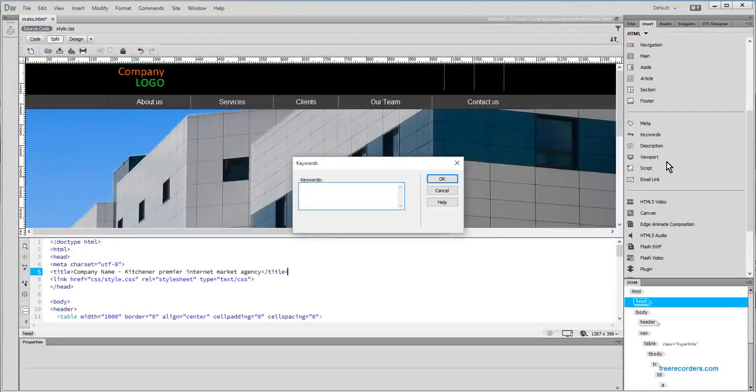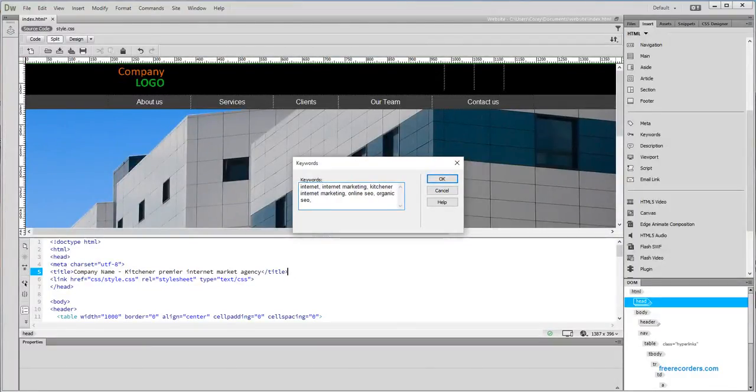Good practice with keywords is to try not to create a sentence. You'd probably be maxing out at 4 words, and then you'd use a comma to go to your next keyword. So just to give context to this, we could do something like internet marketing, Kitchener internet marketing, online SEO, organic